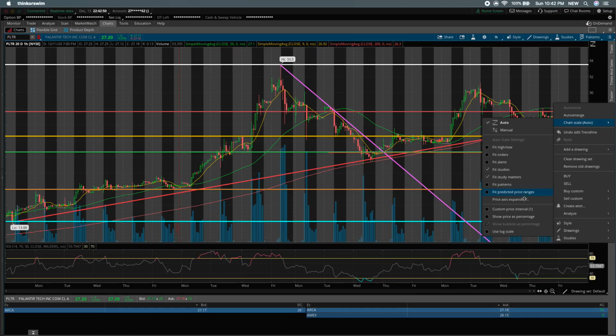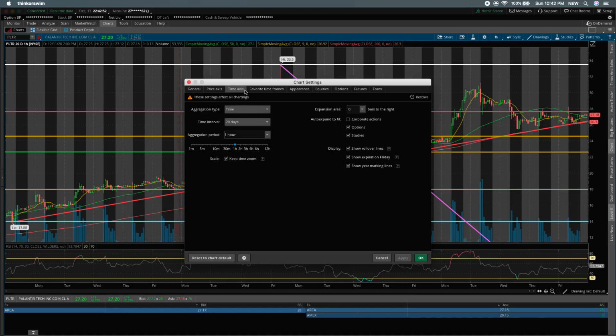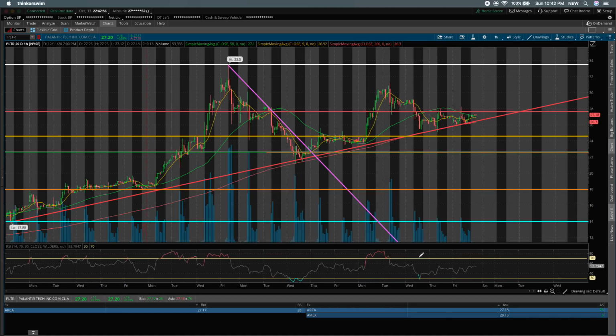So if we actually extend this chart out to the right about 75 periods, which is 75 hours, we'll see that we're trading right into a decision where we have to determine whether or not we're going to follow this trend that we've had going on for the past month and a half, or whether we're going to break down below it. And if we break above, as I feel like Palantir will, we could see a pretty quick rise